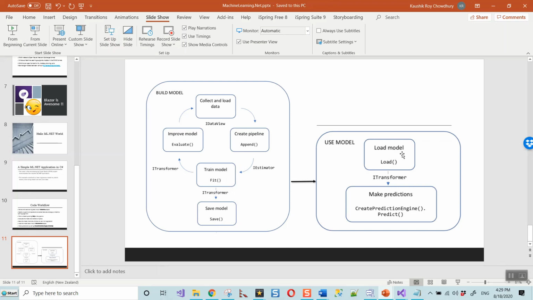For using this model, it was again loaded into an ITransformer object, and then we called the CreatePredictionEngine.Predict method to make predictions. That's in a nutshell, but we'll further discuss the model in a coordinate geometry way shortly.